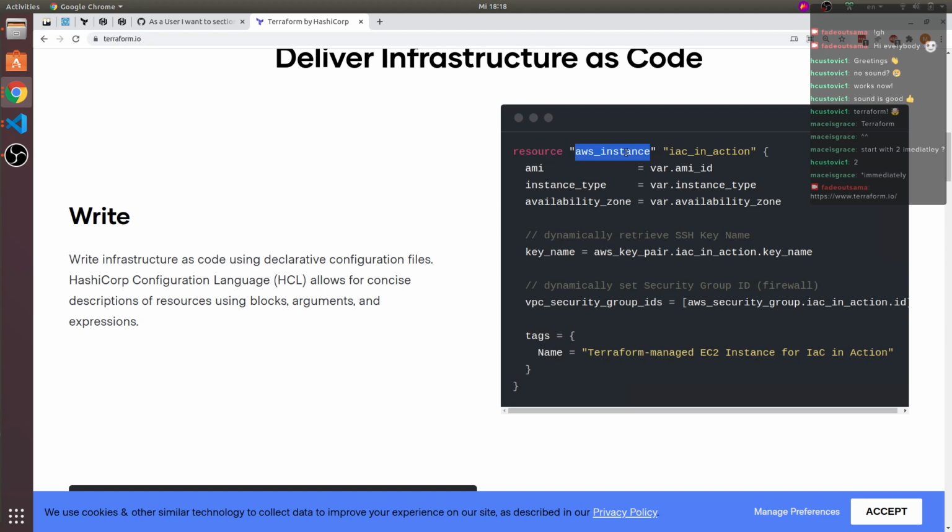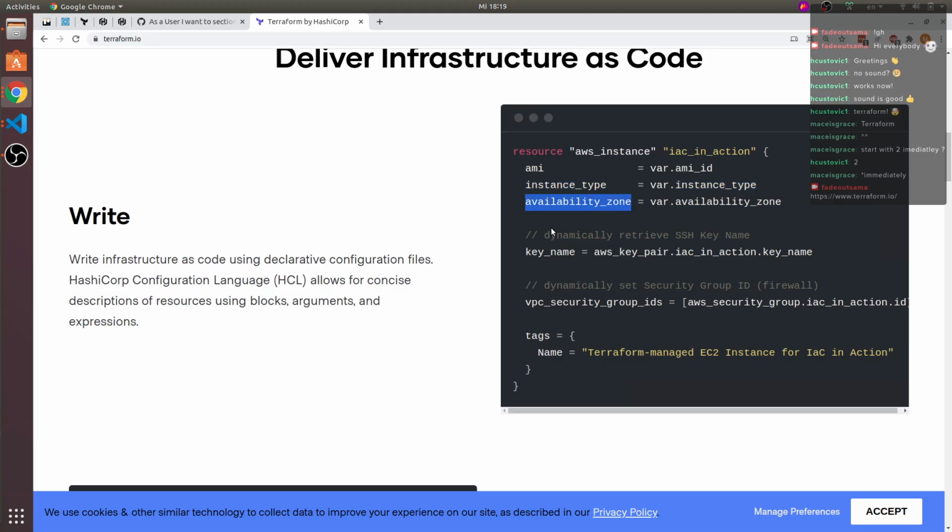You define that you want an AWS instance, which is an EC2 instance. And this is, I think, just the name. You define the image. AMI stands for Amazon Machine Image, which is basically a Docker image, but because we're talking virtual machines, machine image. Not 100% sure what this does.